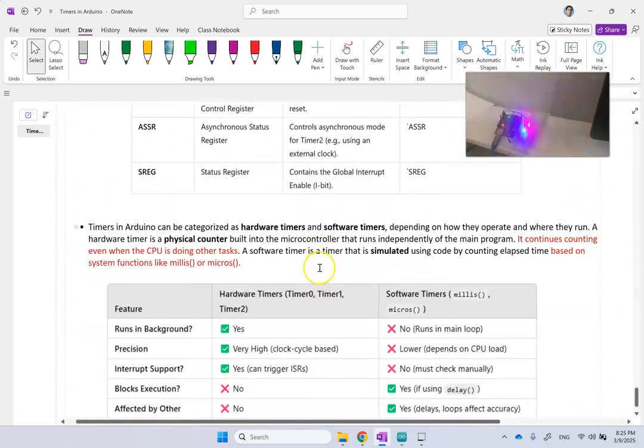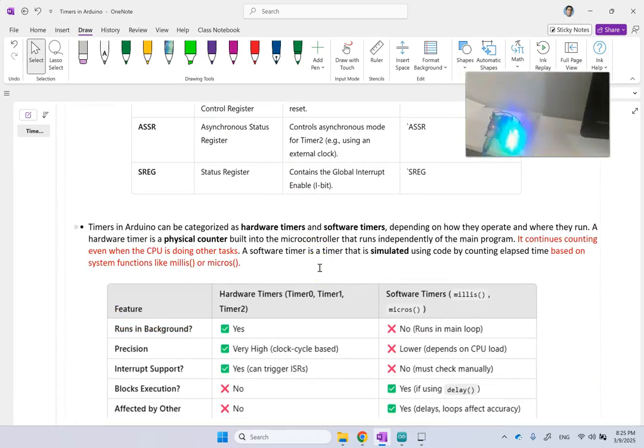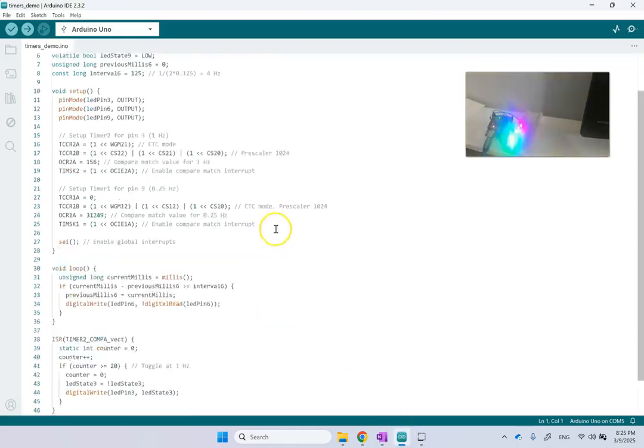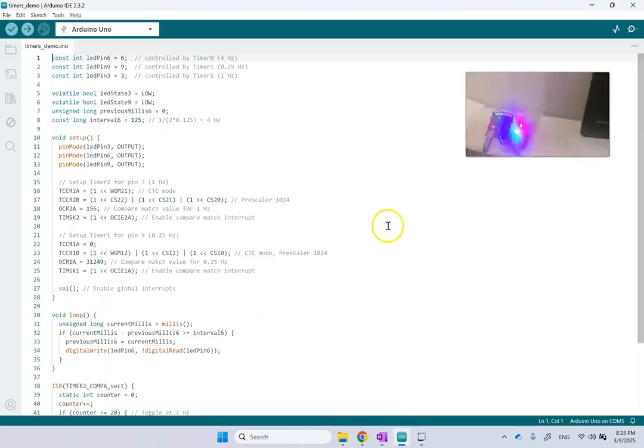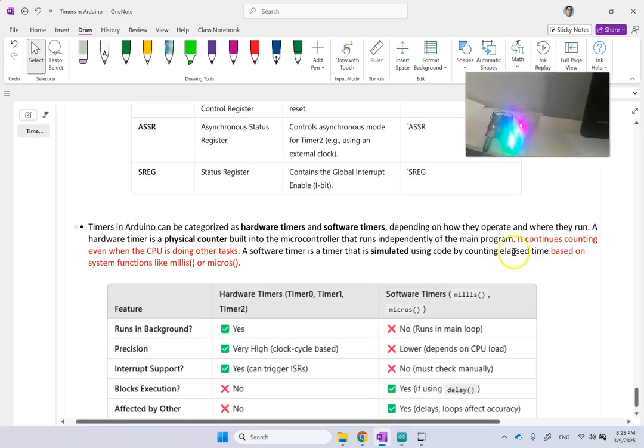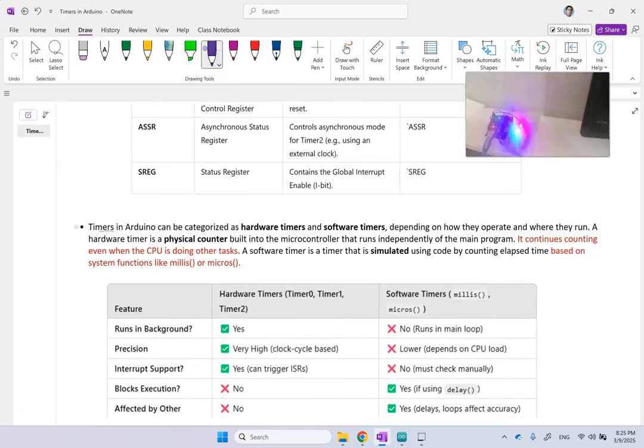So you can have several lectures just talking about these registers and the bits of them and what you can do by changing each and every one of these bits. Before I show you my sample code here that is toggling these LEDs at different frequencies, the last topic I want to briefly mention is that the timers in Arduino in general